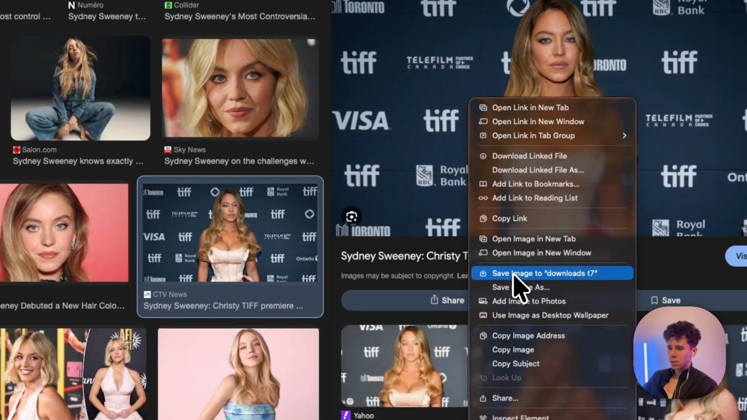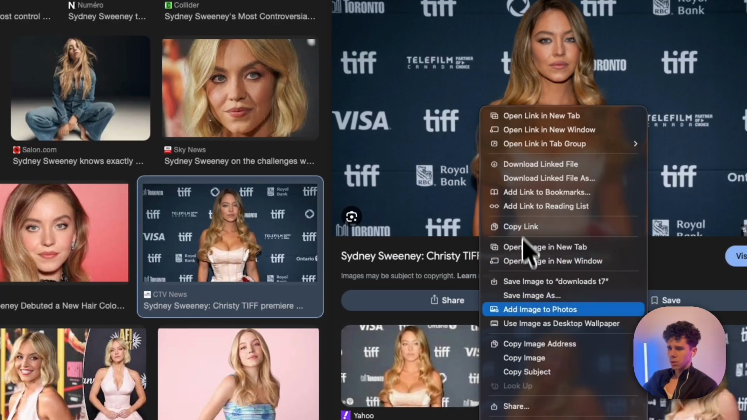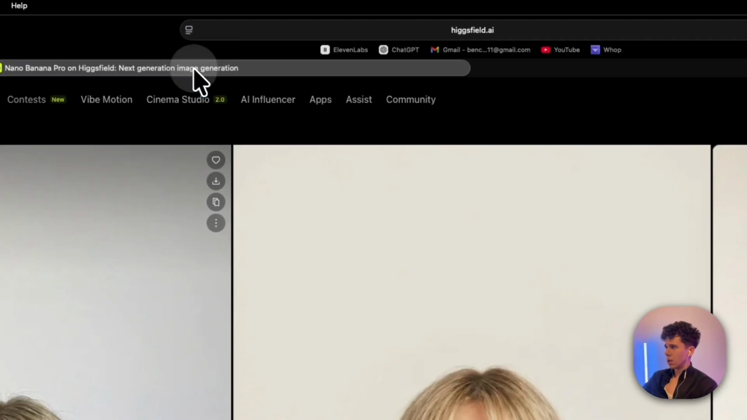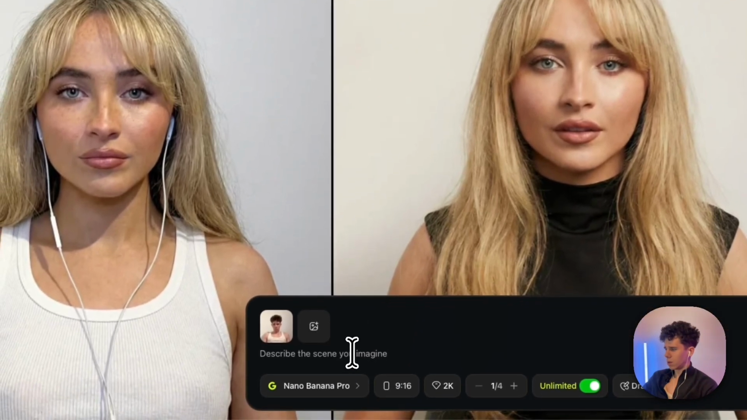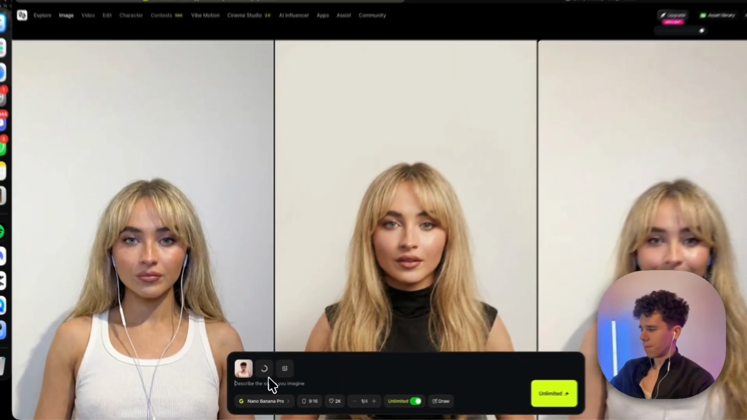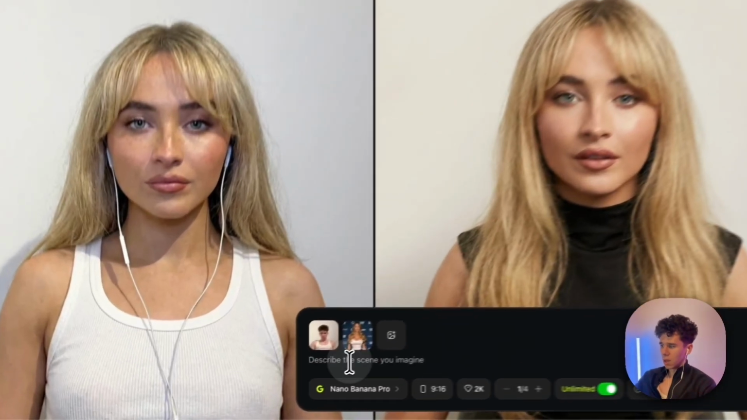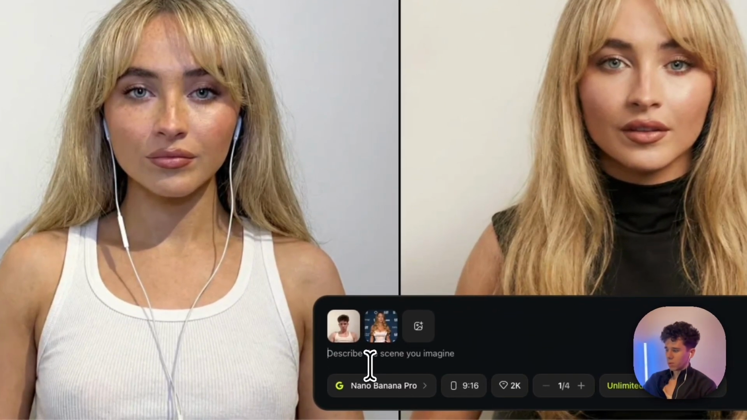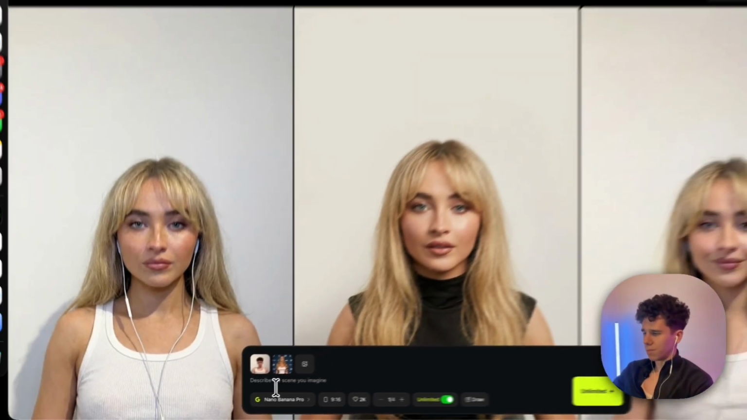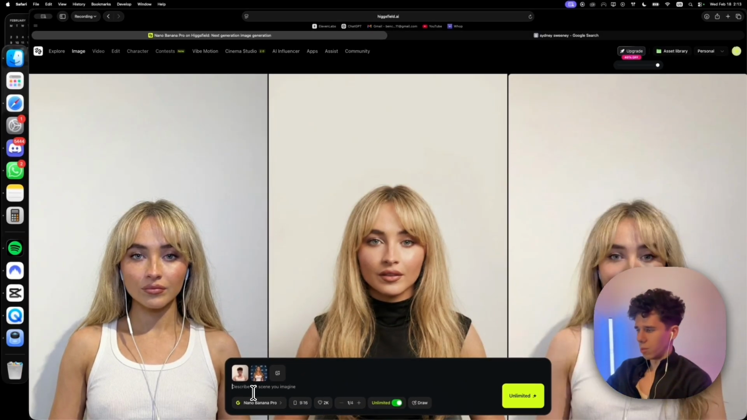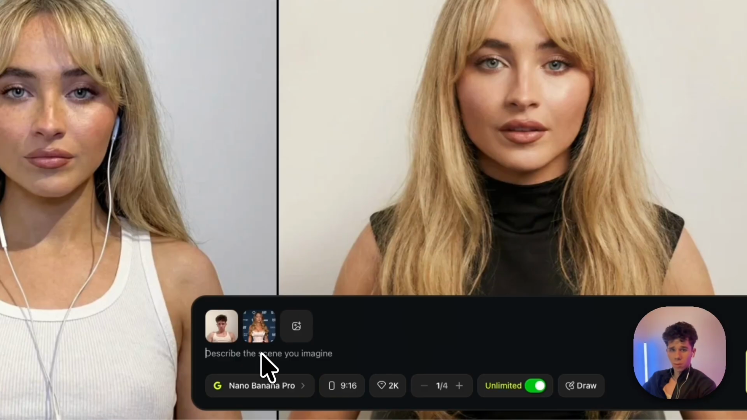So you're gonna save this image, or actually I think you can just copy it, copy image, and go here and paste it, yeah. So now you should have your screenshot and the person you want to swap with. And we have to give a prompt to Nano Banana to swap the two people. And for that I have a prompt that works every time. So the prompt is